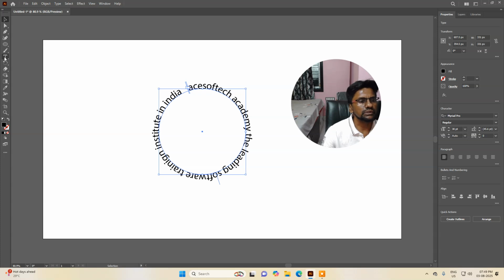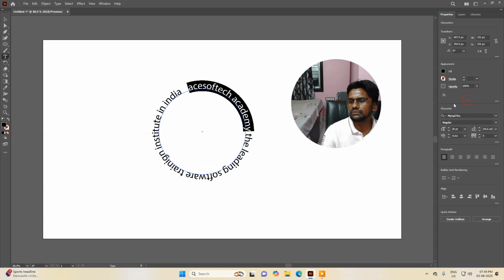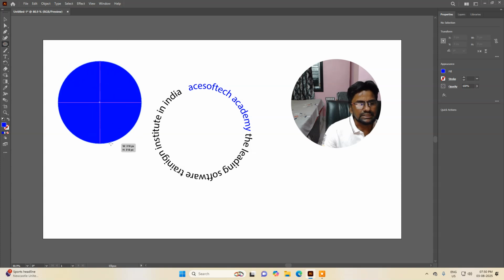But if you want, we can do one thing. Let's go to Text once again, just select this text, and for this text we can increase the font size. But if you increase the font size, it won't look good. So you can write this kind of text also, and apart from that you can of course change the color of this one. For example, if I change the color like this, you can see you can make changes like this. Now what I'll do, I click once again on this and then create a shape something like this,